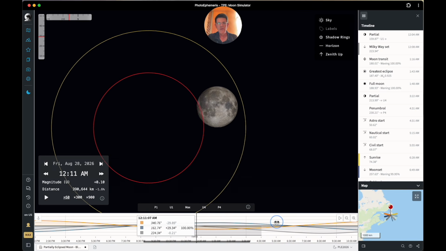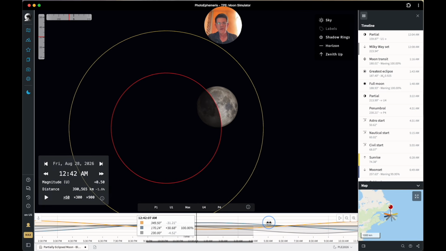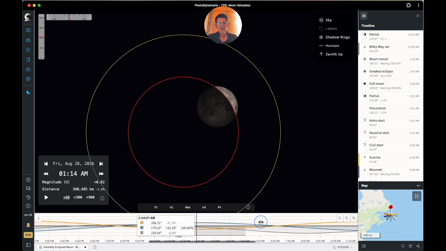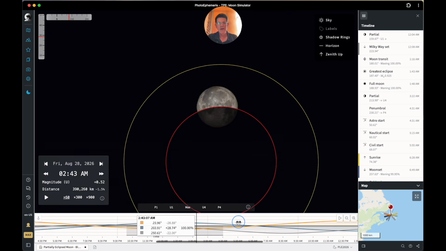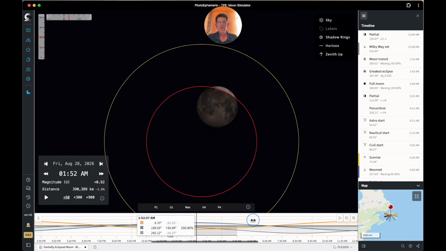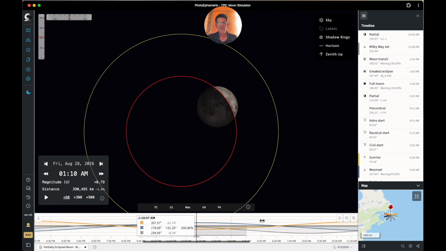And if I just advance the timeline here, you see as it passes in, and then we reach maximum eclipse, and then it's starting to move out again. So you can simulate the circumstances of this eclipse for your location using this simulator, and you can check a few key values about the magnitude of the umbral eclipse. So that's essentially how much of this diameter is contained within the red shadow cone versus the penumbral shadow cone,